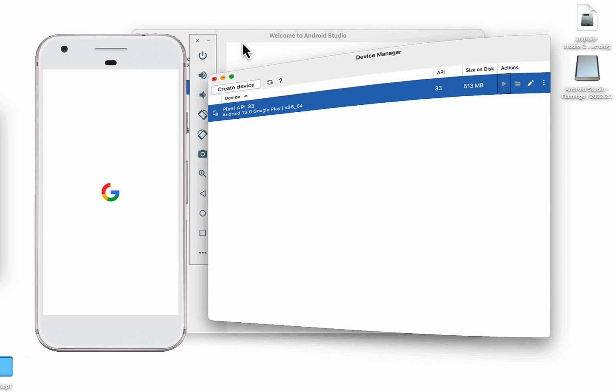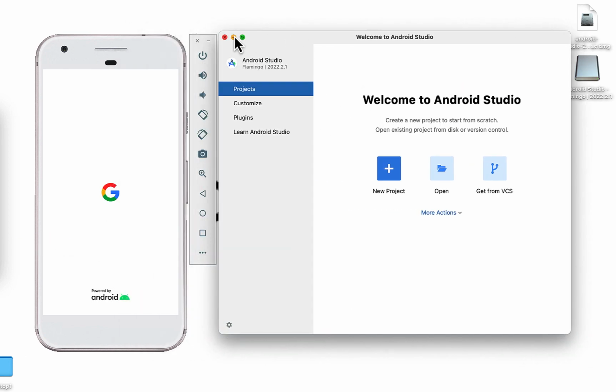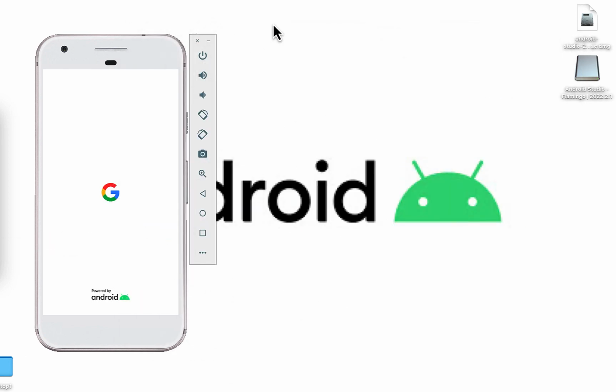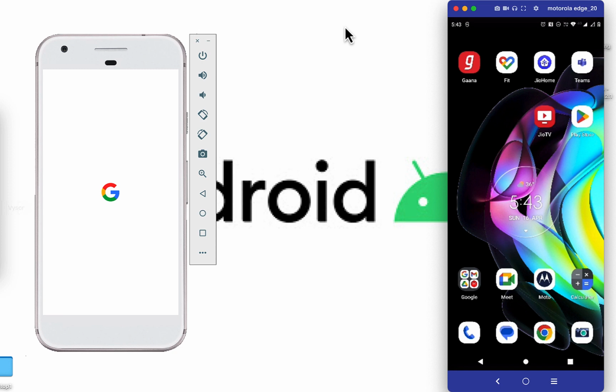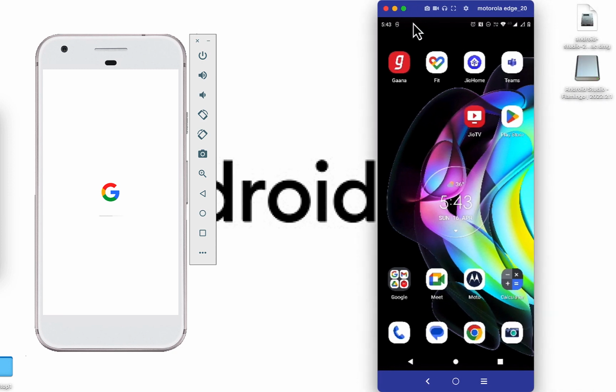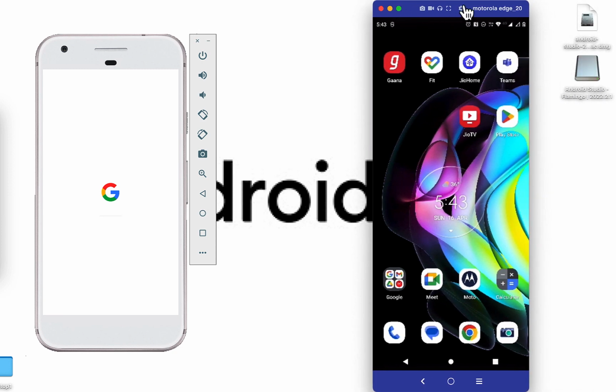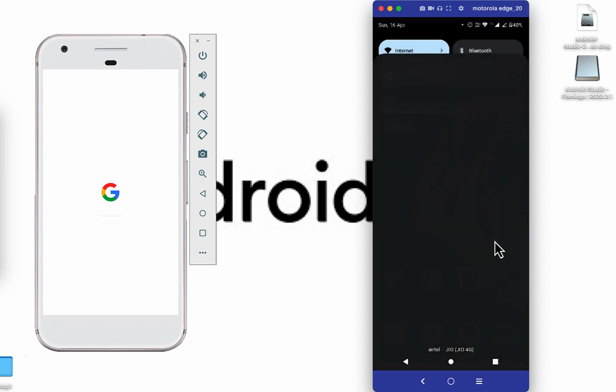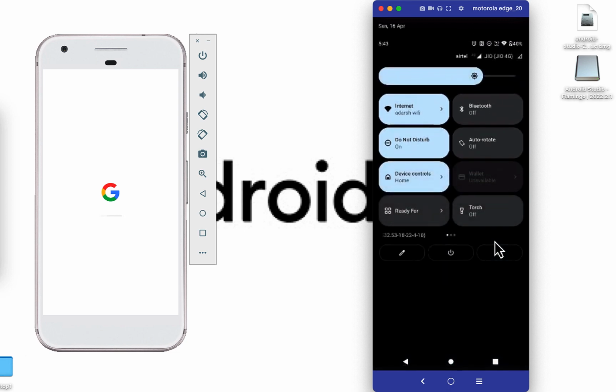Now let's see how to connect with a real device as well. Okay, so I'm just opening my own device. So this is my real device. You can see that I have a Motorola Edge 20 here. And now let's see how you can enable the developer option. Just here you can see that I have settings, and go to settings,